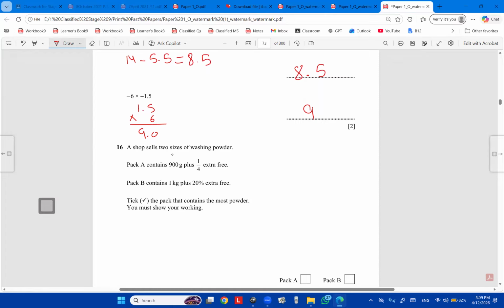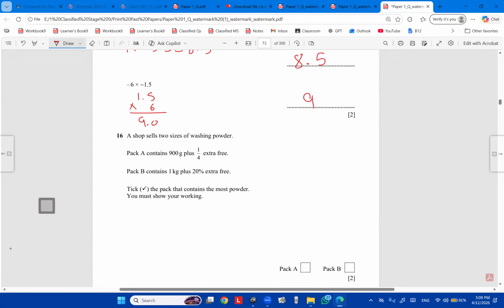A shop sells two sizes of washing powder. Pack A contains 900 grams plus 1/4 extra free. Pack B contains 1 kilogram plus 20% extra free. Take the pack that contains the most powder. You must show your working. So pack A